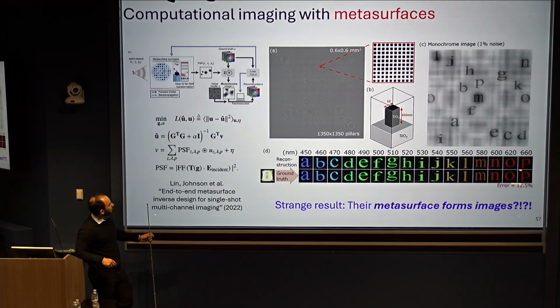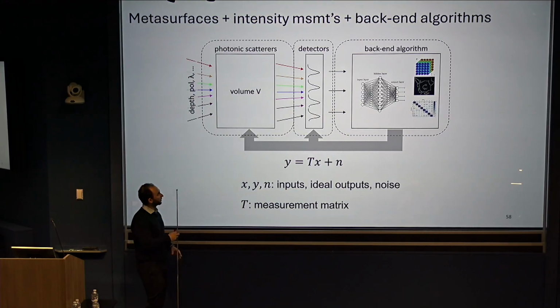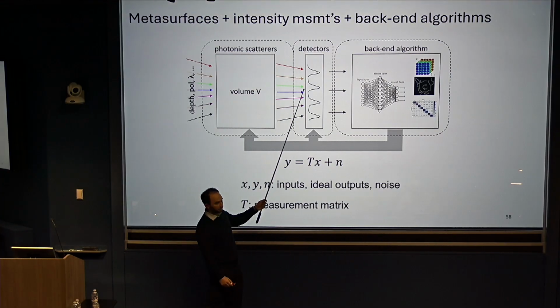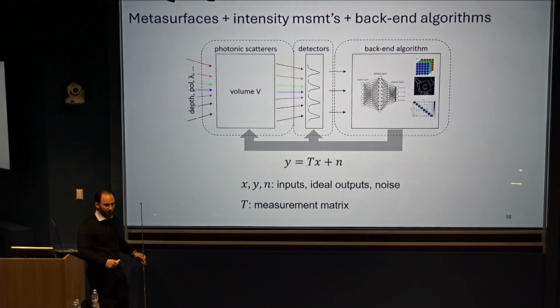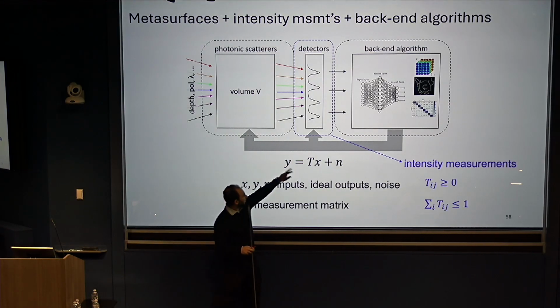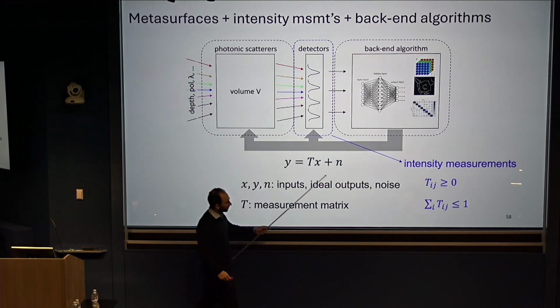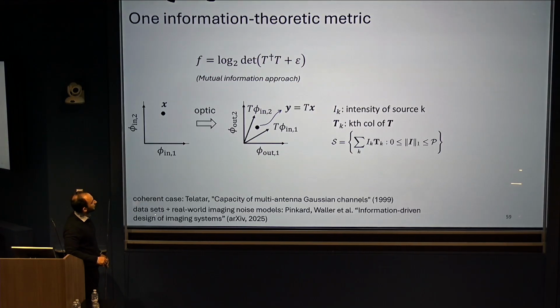Why were they doing this? Fundamentally, it's because in most of these photonic systems, you have the photonic transform, and then you have detectors. And what those detectors do is they measure the intensity of the field that falls upon them. And that's very important, because we have a linear system, y equals some transfer function times x plus noise. But this transfer function has to be positive everywhere, right? The intensity incoherent transfer function. I won't go into details on this.